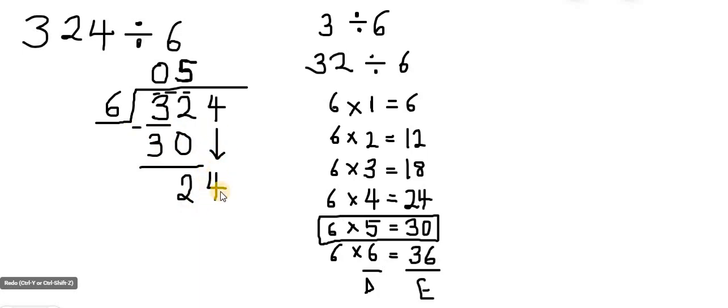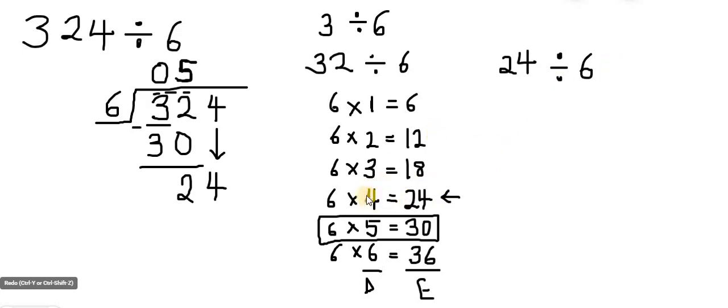and what we have next is 24 divided by 6. I don't need to create the times table again, same 6 times table, and surprise, we have a line that's actually equal to 24 right here. So we pick from the D column,